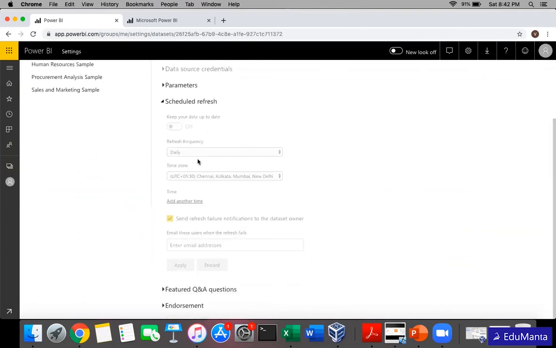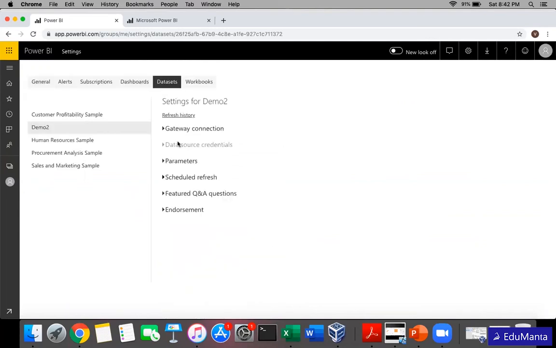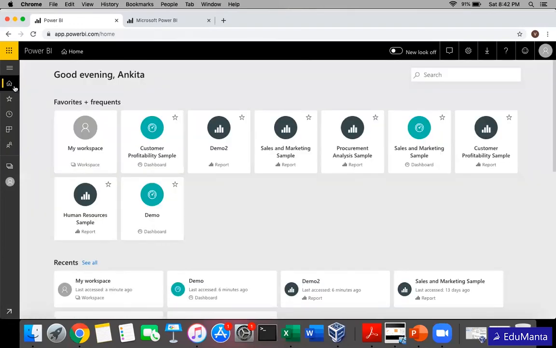So here daily and weekly options are there. We define the time frequency, we define the gateway connection, and in the refresh history section we also see when and how it was successfully refreshed, or if it failed and when it failed. I hope I was able to give you a brief idea, since it was not in the scope of the syllabus, so we don't have the gateway installation done right now. I've gotten some idea about it. Thank you so much. No problem.